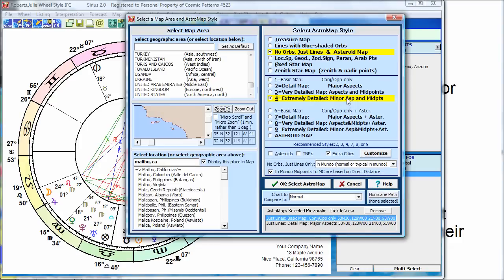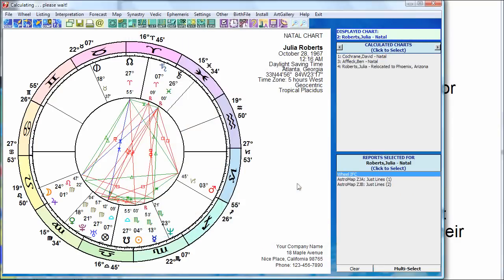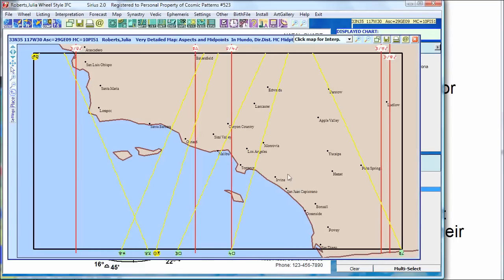I don't need minor aspects right now. I just want to look at the midpoints to show you something interesting with a midpoint. And I want the midpoints in direct distance. I've got In Mundo selected and direct distance midpoints. I will click OK. And we will see that the Venus-Jupiter midpoint, there it is, Venus-Jupiter midpoint, slash means midpoint,